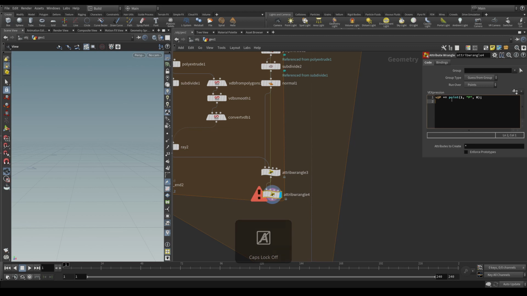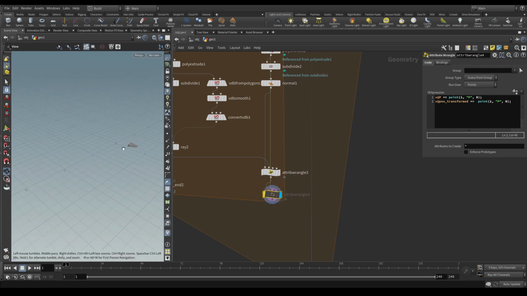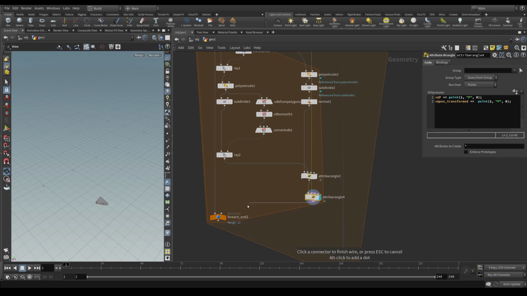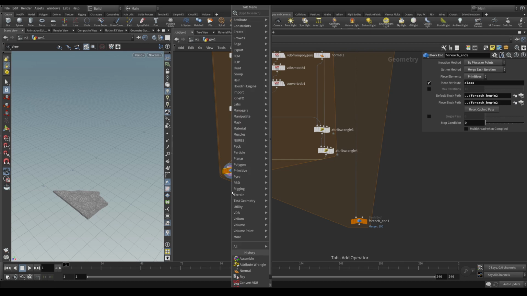And now let's also update the position transformed attribute. So v@pos_transformed plus equals, we can copy and paste this actually this way. So now you can see the difference that previously it was at the center, now it's near the original position, like this. So now I think we can close the loop. So let's connect this to the output here, and after that we can drop a UV texture maybe for now,